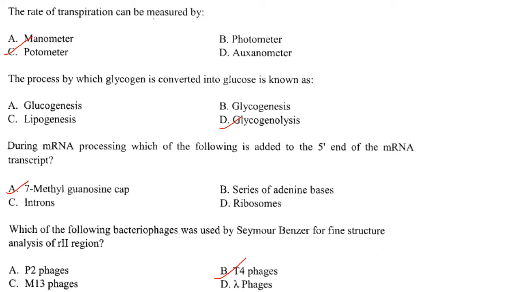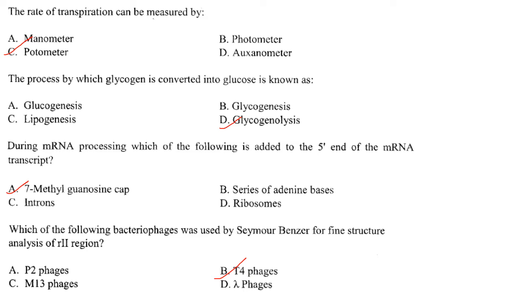Then next one. The rate of transpiration can be measured by a potometer. Answer is option C. Then next one. The process by which glycogen is converted into glucose is known as glycogenolysis. Answer is option D. During mRNA processing, which of the following is added to the 5' end of the mRNA